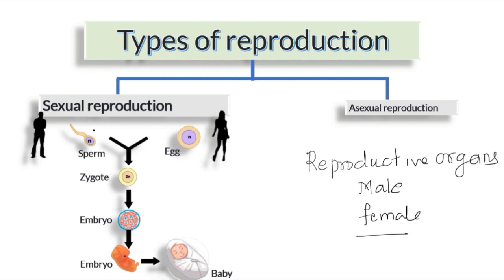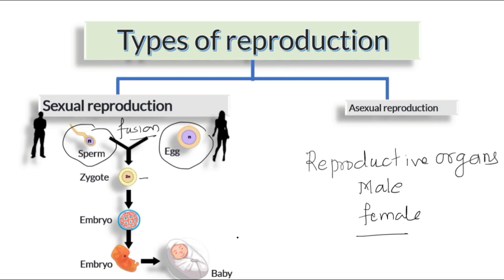We have learnt that a sperm from father and egg from mother is required for fertilization, right? So fusion of sperm, that's a male sex cell or male gamete, and this is the female gamete or female sex cell, will result in a single cell which is called zygote, and then it converts into embryo and then fetus and then baby, right?